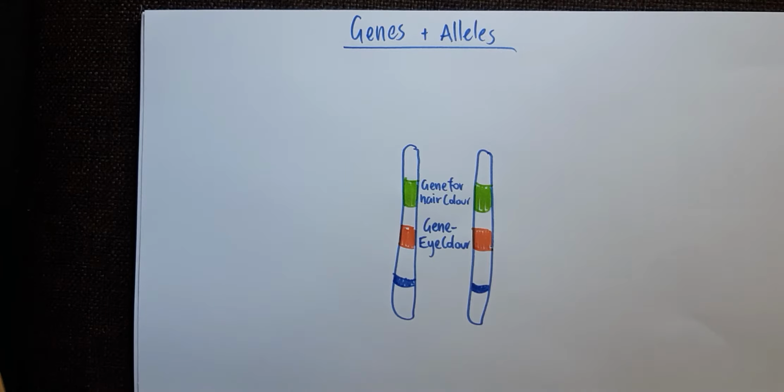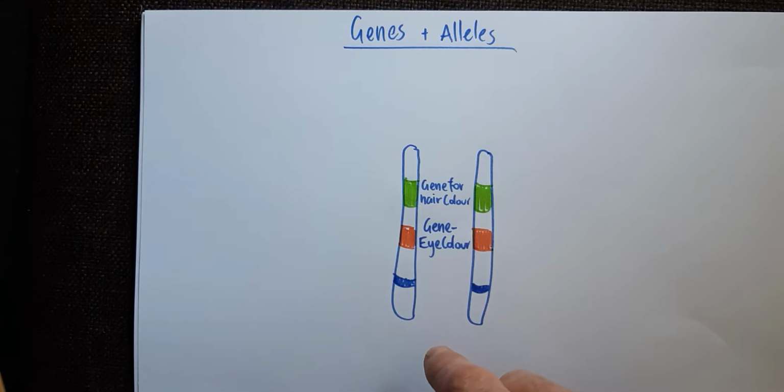Right, so the video clip is just trying to explain a little bit about genes and alleles. So here we've got our two chromosomes. You would have got one of these from your mother and one of these from your father. They are what we call homologous chromosomes because they are the same size and they carry the information for